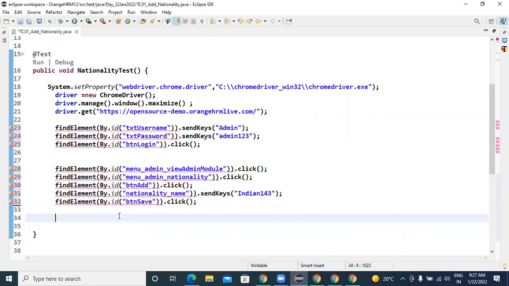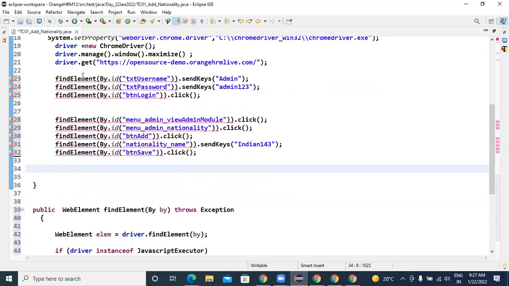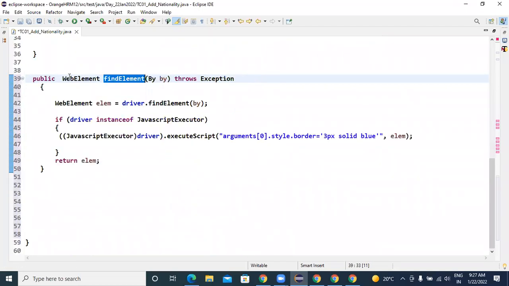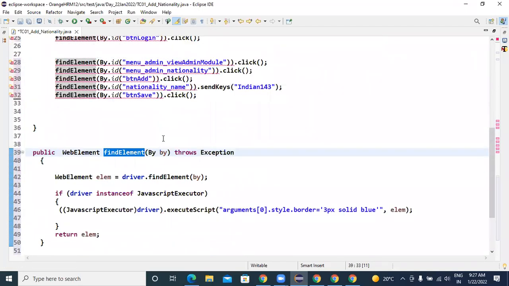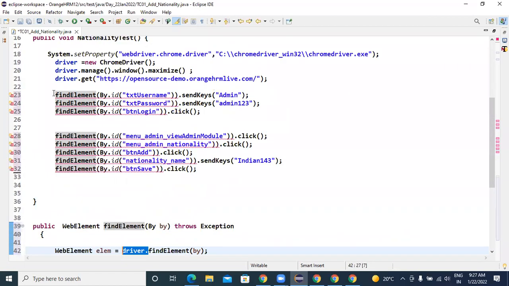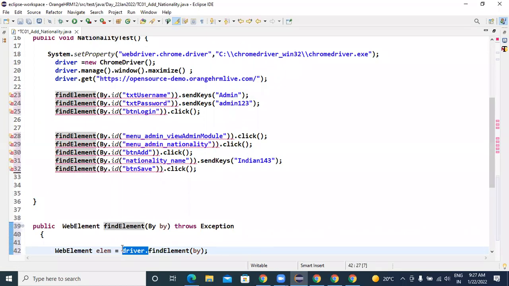I press the Control button and click on this find element, and the control goes here, where driver dot is appended automatically. For every driver instruction, driver dot is appended automatically.